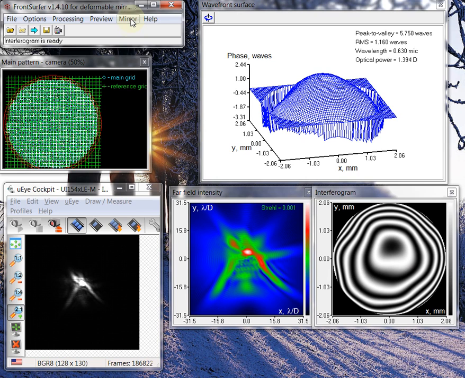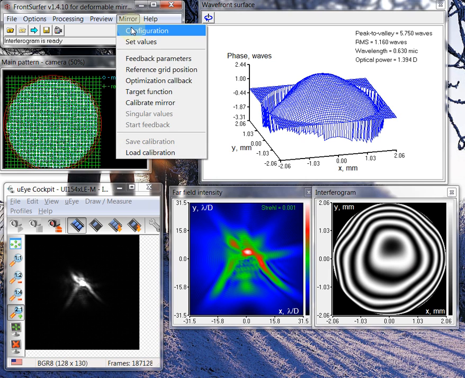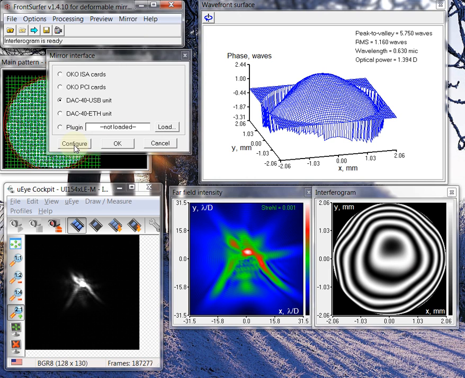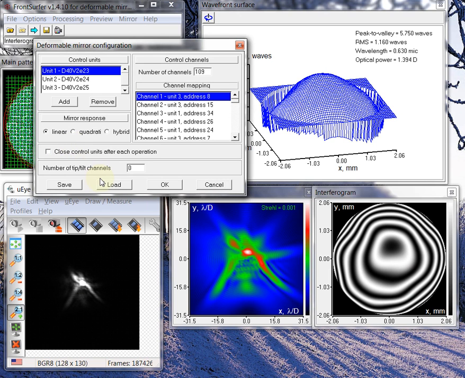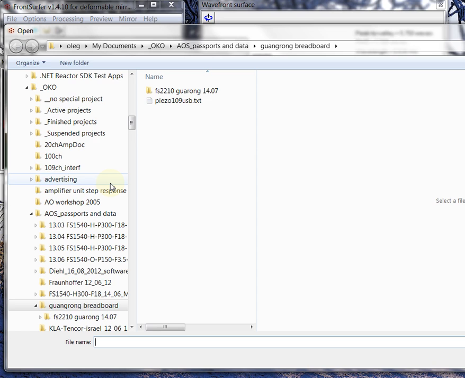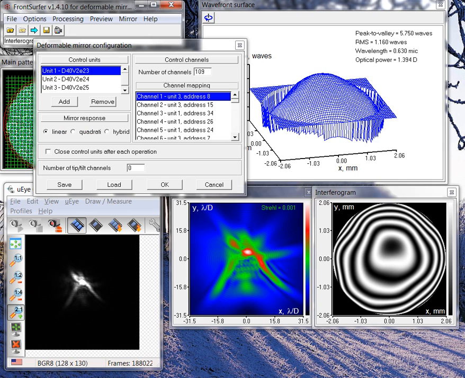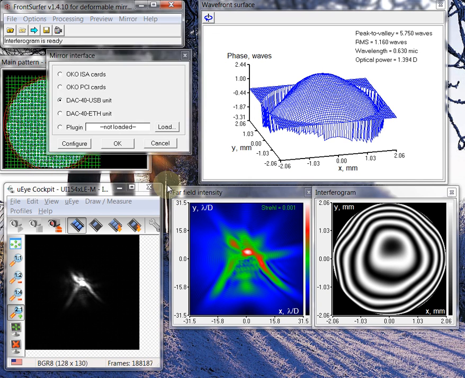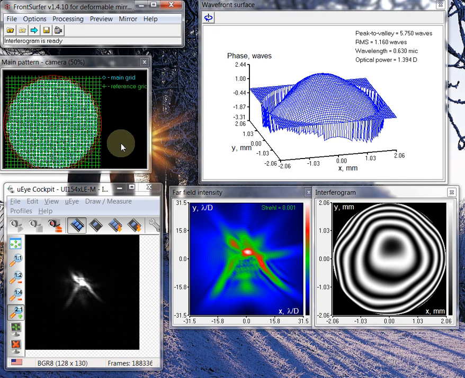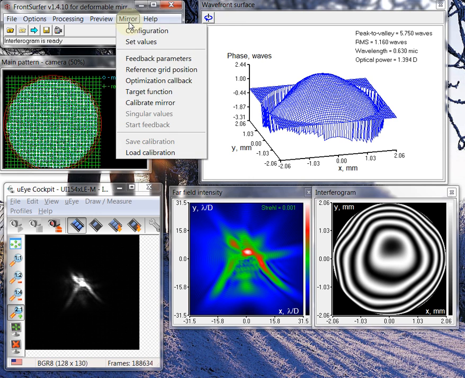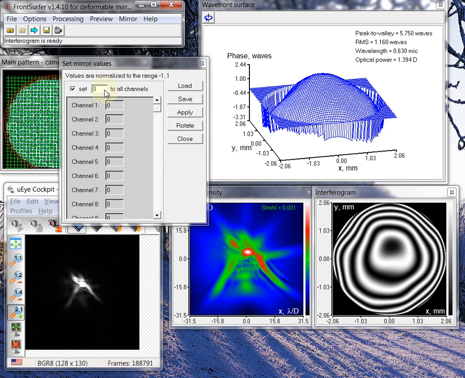Very good. Now we can try to calibrate the mirror. For this we need to load the proper configuration file. We go here, it's already loaded, but you need to load the file that is provided with the system. Okay. You can check whether it works by set values. If I change something here,